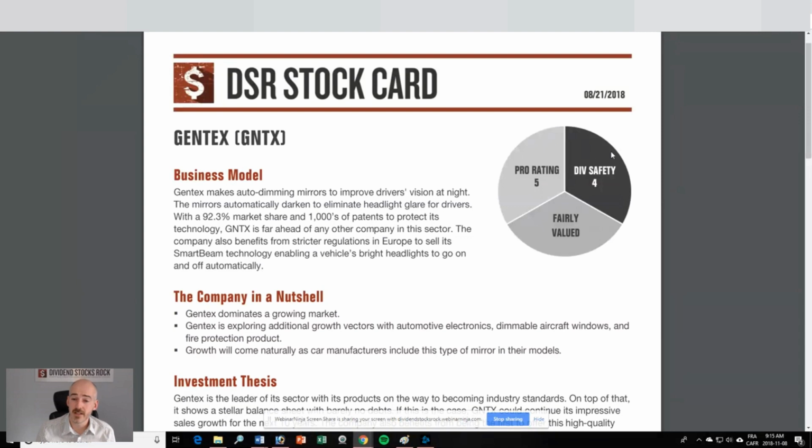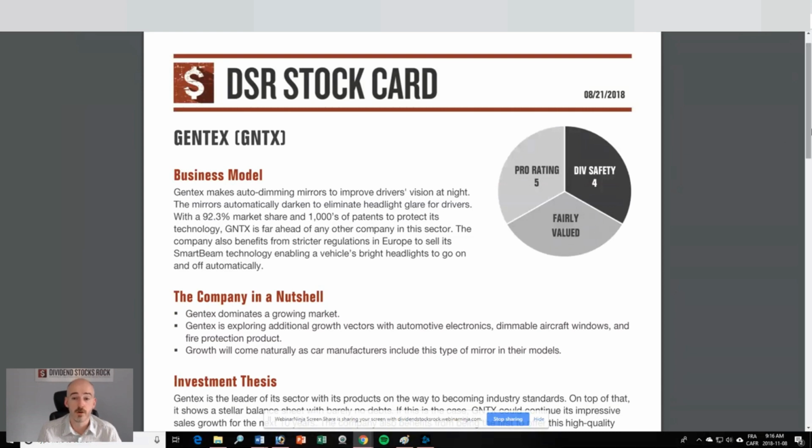We also have a dividend safety score right here. A dividend safety score of 1 means that the company has recently cut or is about to cut its dividend. At 2, you have a dividend with no growth and most likely going to be cut at one point in time. If you go to 3, then you have a dividend that will likely follow inflation. I mean a dividend growth rate, obviously. And then 4 and 5 mean that the company is shareholder friendly and wants to increase its dividend in an important manner going forward. Then you have a small comment on whether the company is fairly valued, overpriced, or